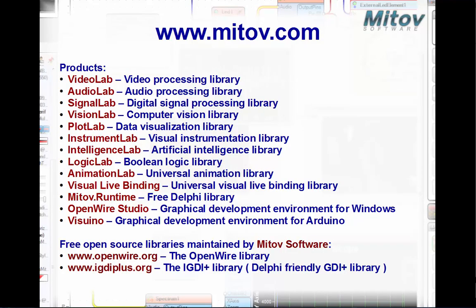This concludes this extremely brief overview of some of our products and their functionalities. Here is the list of our current products.